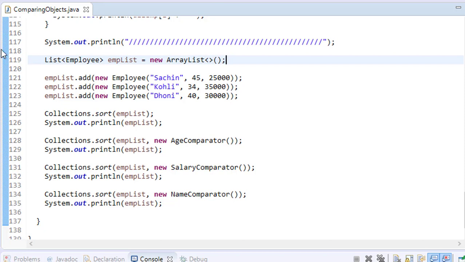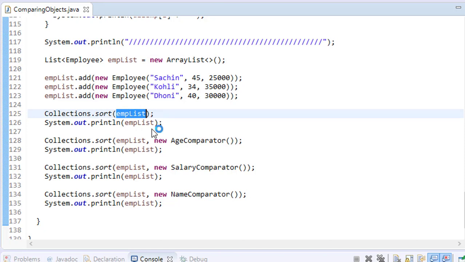It's just that if you want to sort the list, you apply Collections, because a list is a collection, right? So you say Collections.sort. There you were using the array, so you applied Arrays.sort. But here you have a collection, so you apply Collections.sort. If you are just giving one argument here, it means the Employee should implement the Comparable interface.